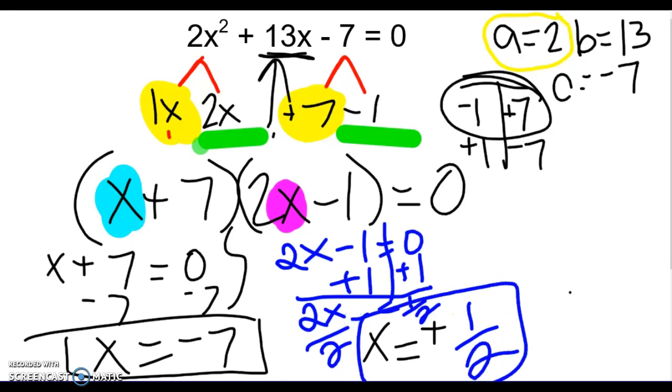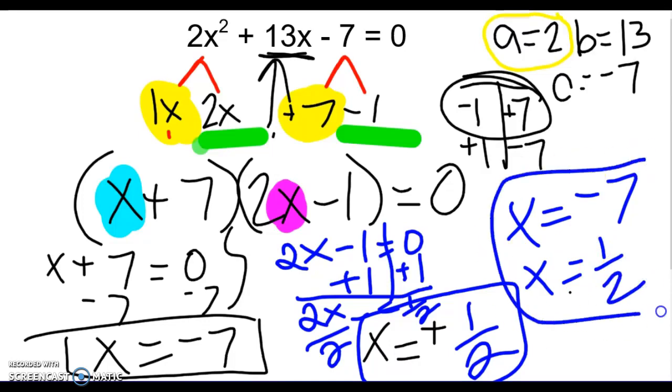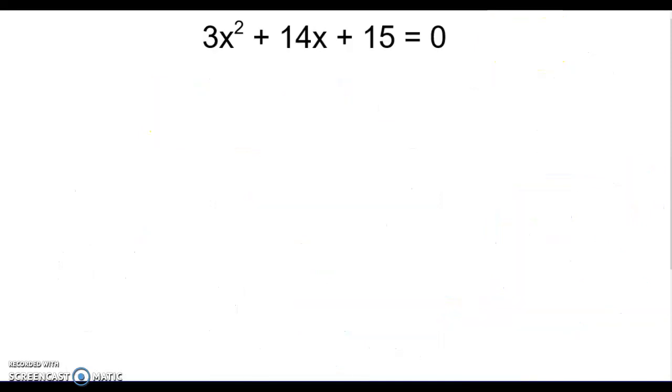So I get x equals -7 and x equals 1/2. Now there's a pattern of that 1/2. Whenever this number is not 1, it ends up making a fraction. Alright, try another one. If you want to just pause the video right here and try it on your own,